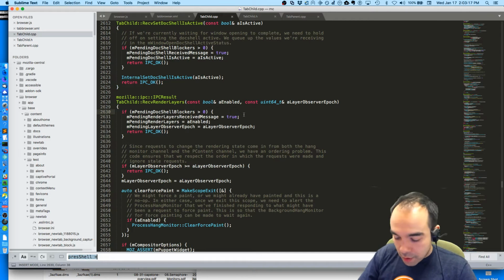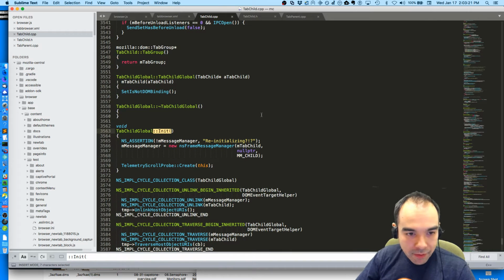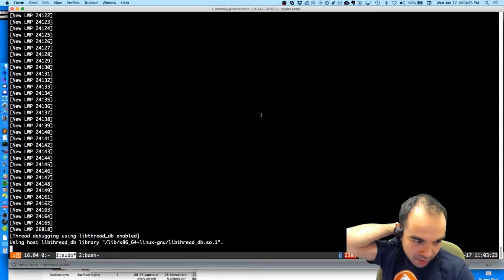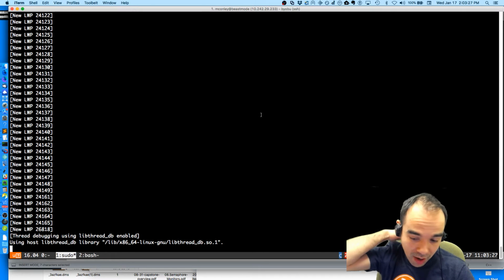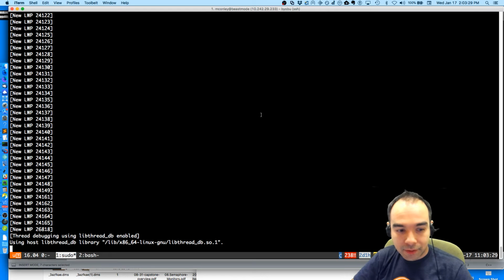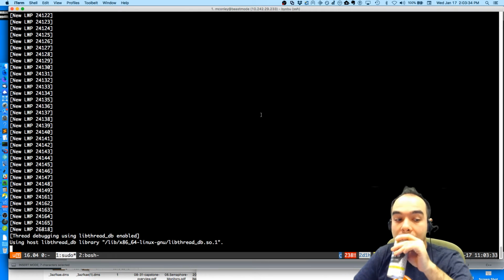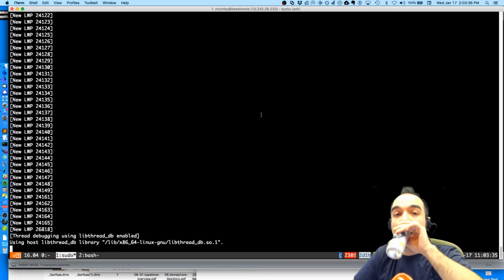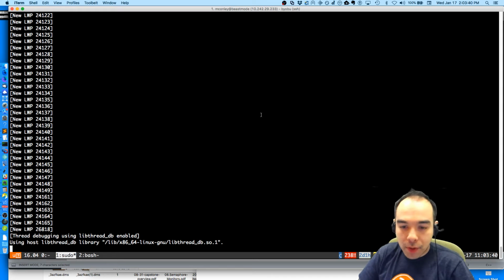And what I want to know is, is the m web nav changing underneath the tab child? I don't think so, but maybe. And is the pres shell changing underneath that web nav? That's the question. I think it is. And if so, I want to know how it works. What a tangled web we weave, Gecko.